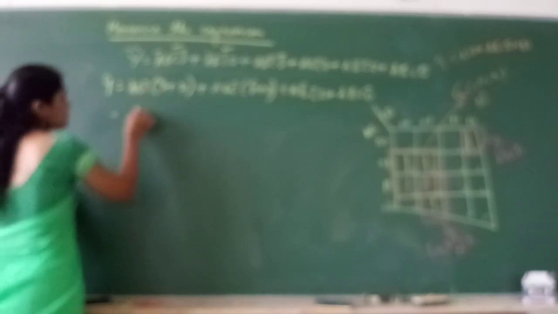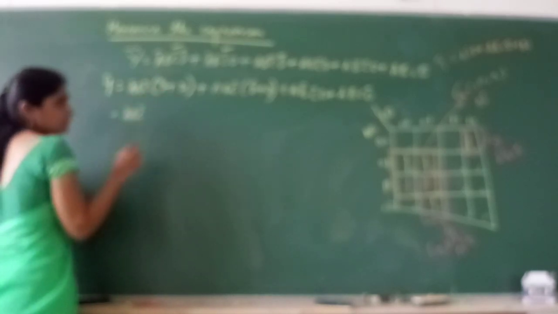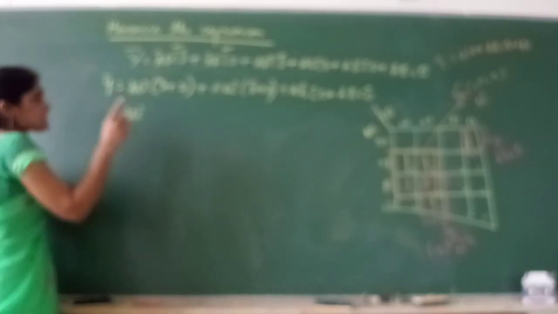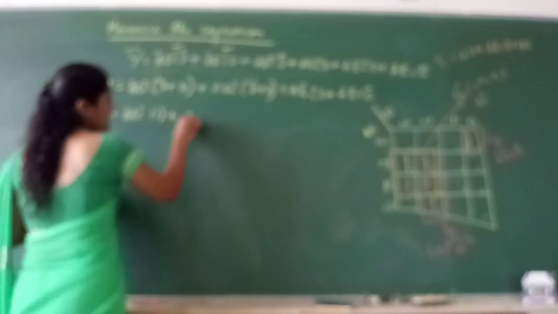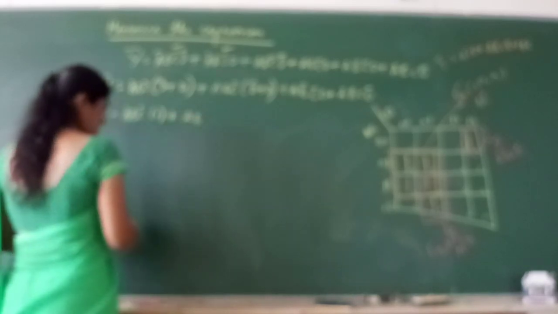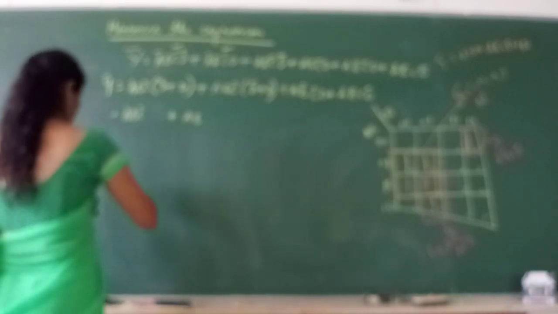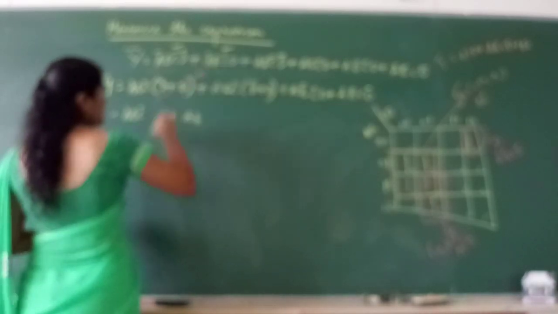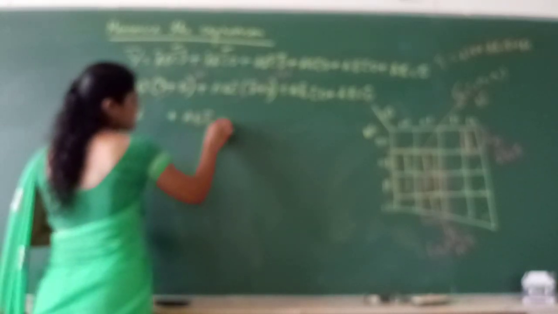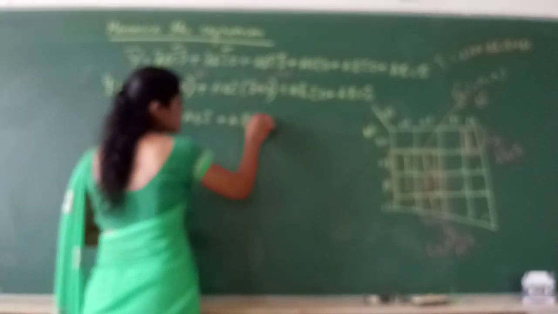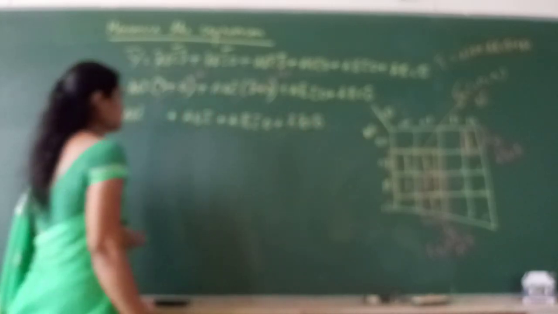So now what is d plus d bar? a plus a bar is 1. The Boolean algebraic property, a plus a bar is 1. So this is 1. Since this is equal to 1 and this is also equal to 1, it is a b c bar plus a b bar c bar d plus a bar b bar c d bar.